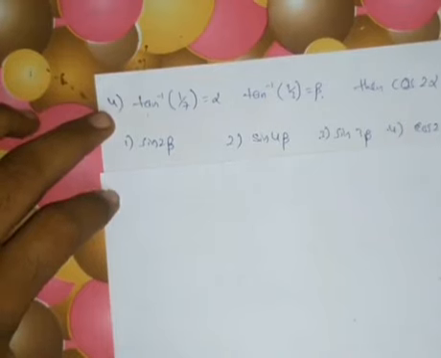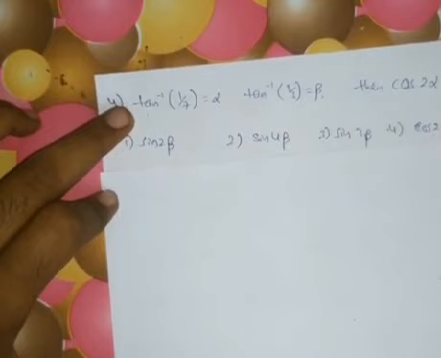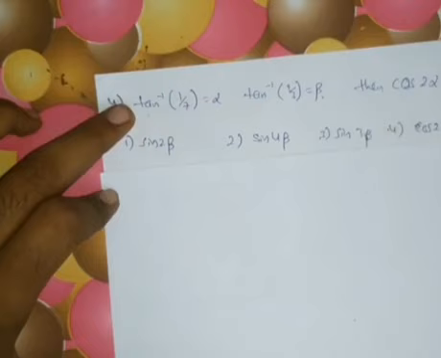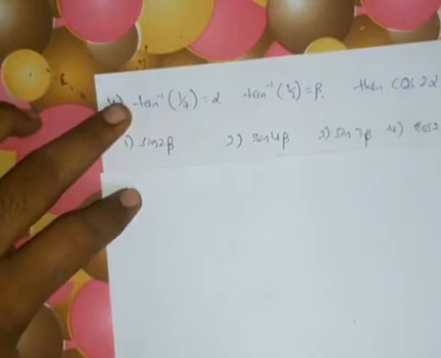First, directly from the question we can say that tan alpha equals 1 by 7 and tan beta equals 1 by 3. You can also solve in other methods. So I am going for option verification, trying to find the value of the question and the values of the options. If any option matches, that is our answer. So solving this question by the option verification method.